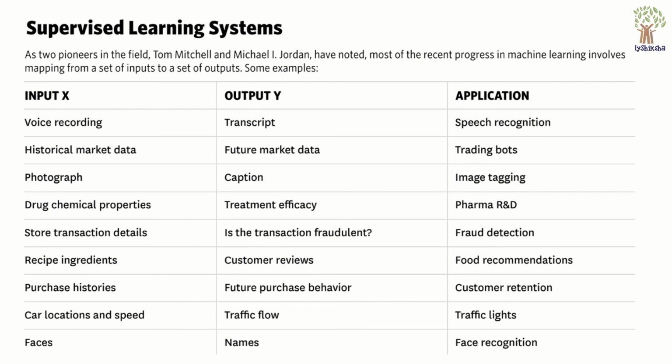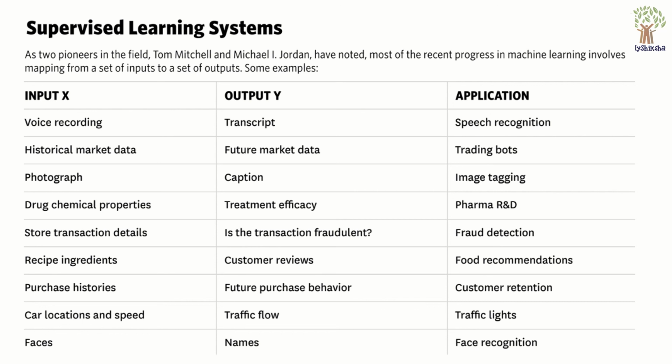So what is the model you are trying to build here? You are building an image tagging model. Now when a new photograph comes in, this image tagging model will help you to caption it correctly based on the past data.